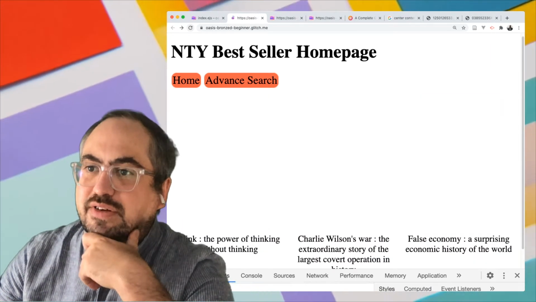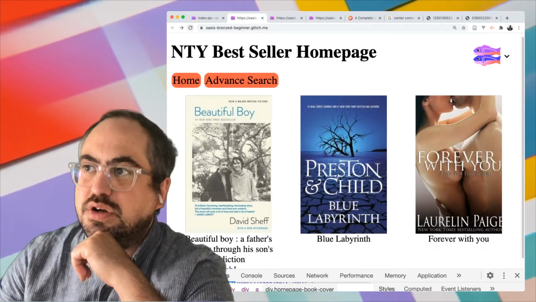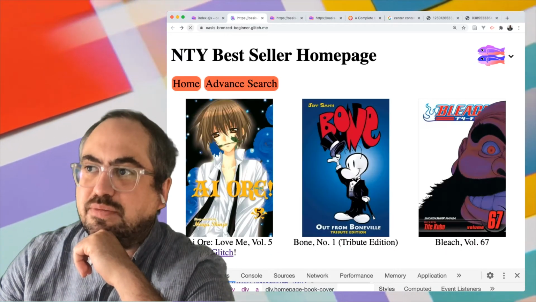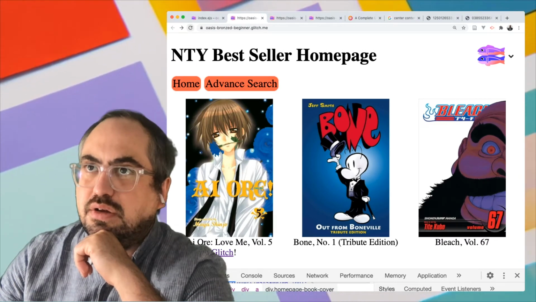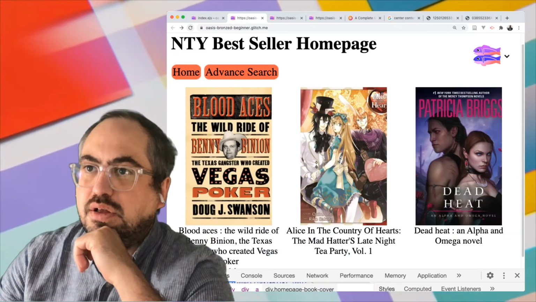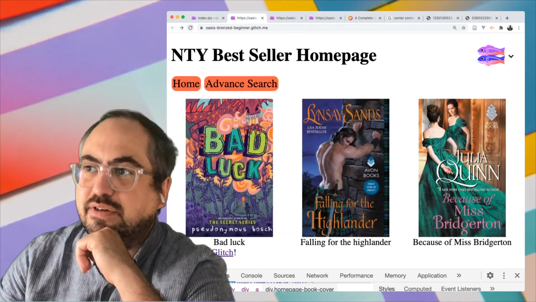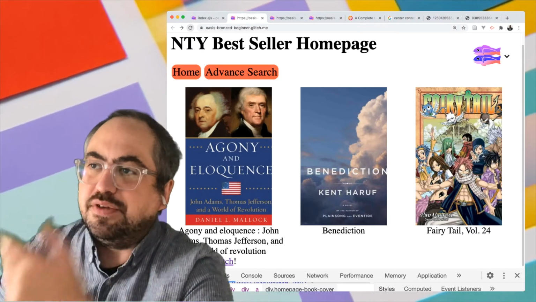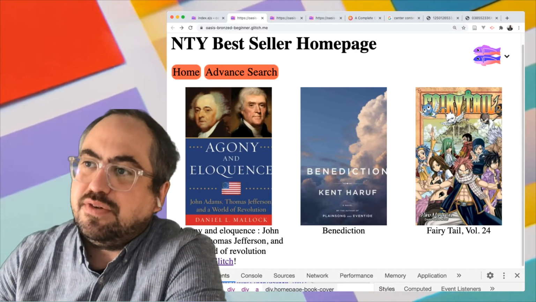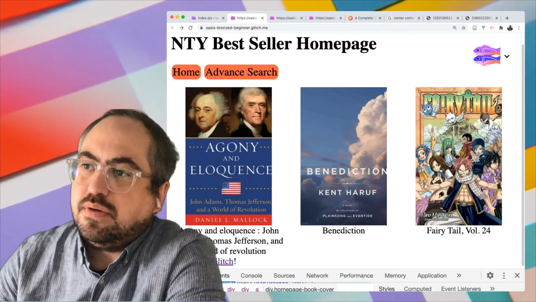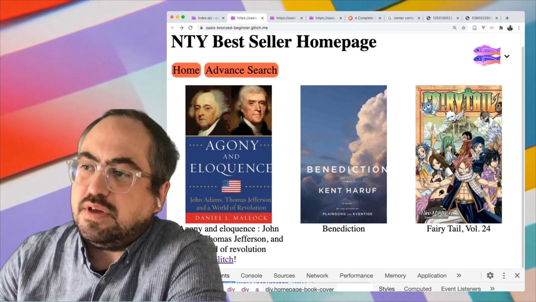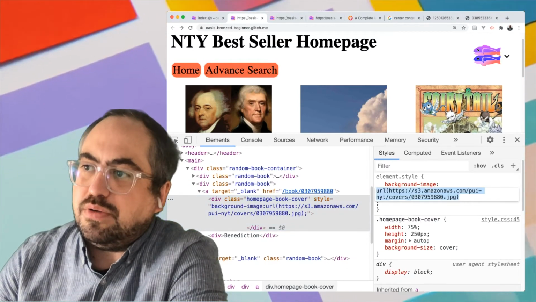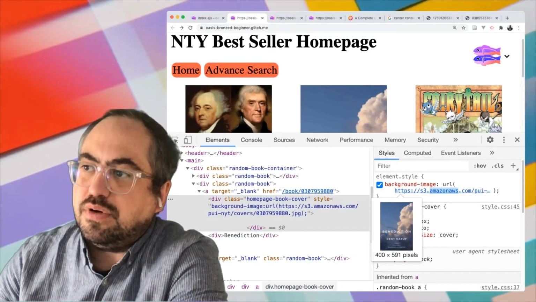I'm trying to find an egregious example of that somewhere here. But this is a good sign, right? Mostly it looks pretty good. Lots of manga on the bestseller list, apparently. So this is kind of an example, right? If you look at this image, you open it up in a new browser,